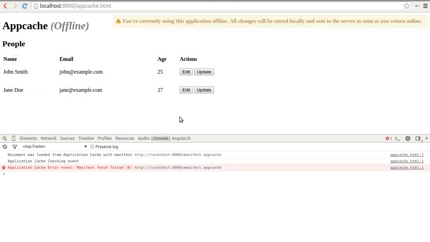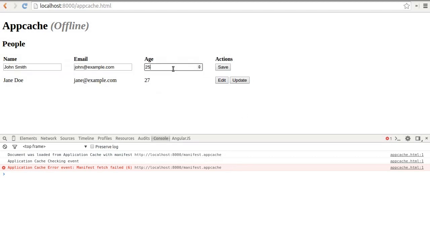We can reload the page. You can see that we've got our warning. We now have a little offline status. And in the console, you can see that rather than creating a cache from the download, we're just loading it from this manifest. It's checked. Naturally, it can't load the new manifest since our server is offline. But we can still go ahead and update our ages